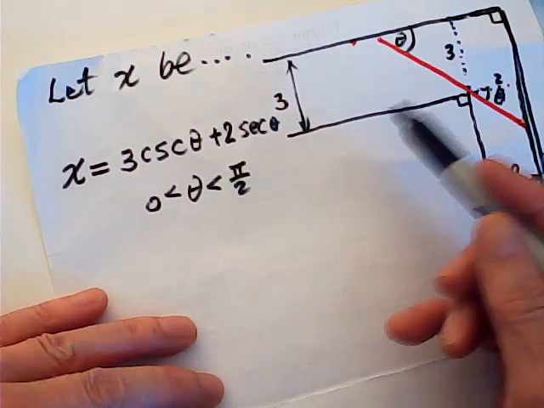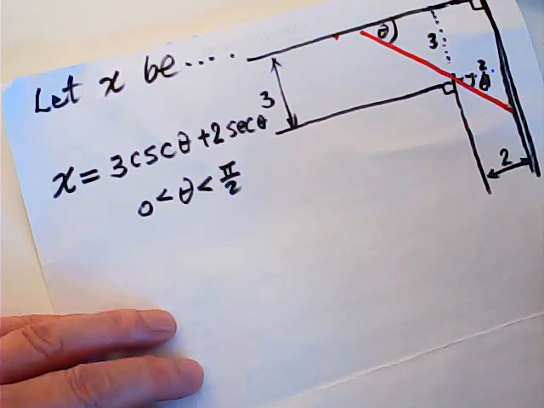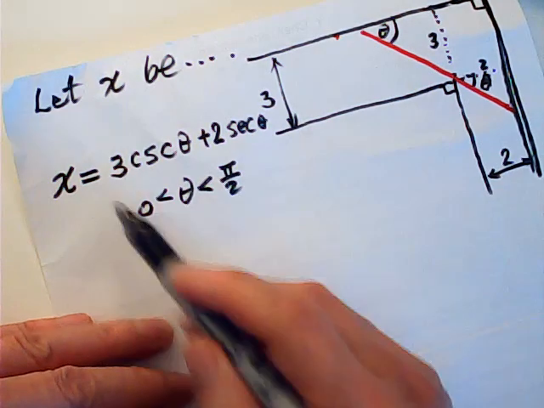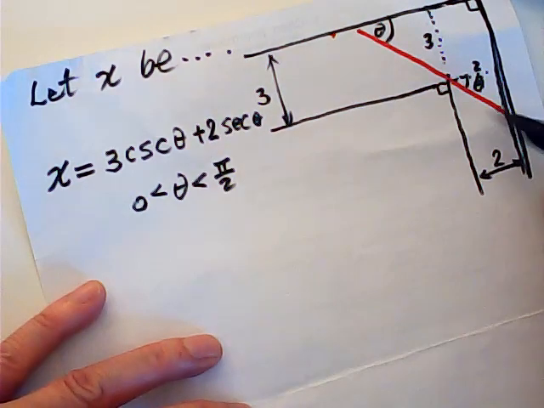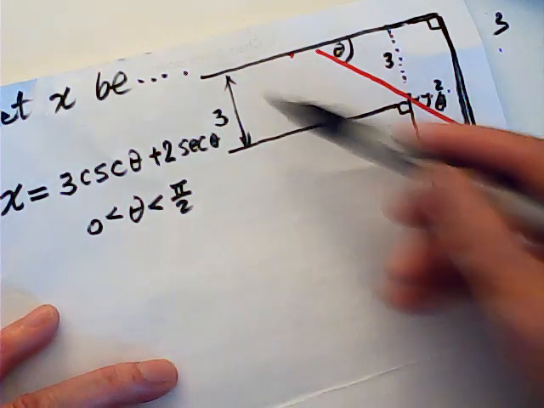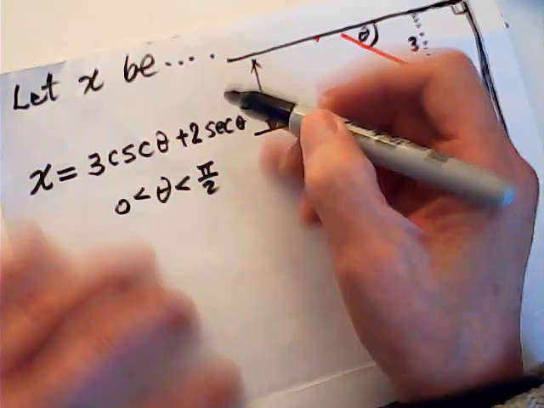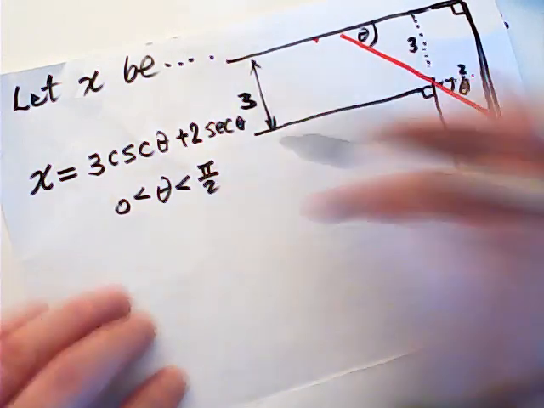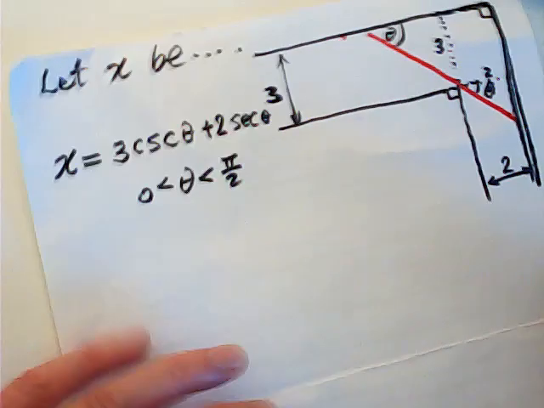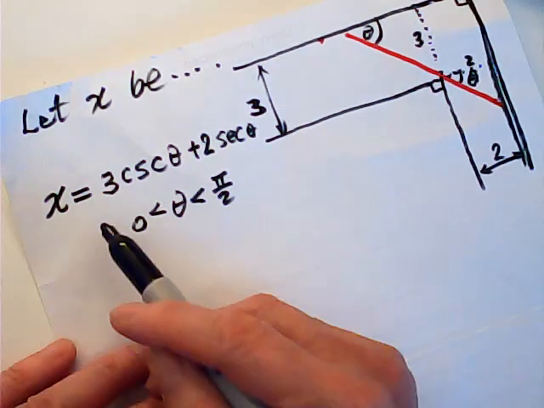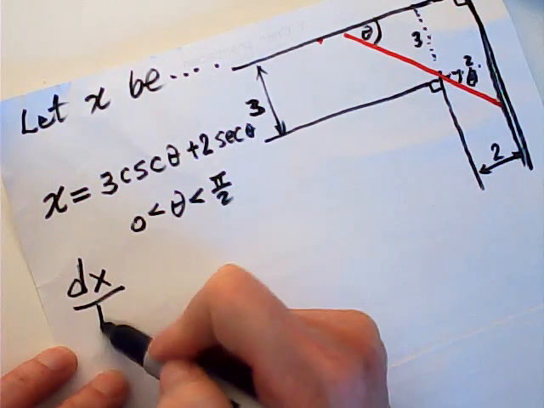So therefore, we don't have a maximum value of the length of the red line. We have only a minimum value. So when we find the critical value, it must be the minimum for X. This minimum length is actually the longest post we can carry horizontally through this corner without tilting. Okay, I think that is enough to explain this. Once you establish the function, the follow-up is trivial: to find the optimal value of X, find the derivative. So the derivative of X with respect to theta